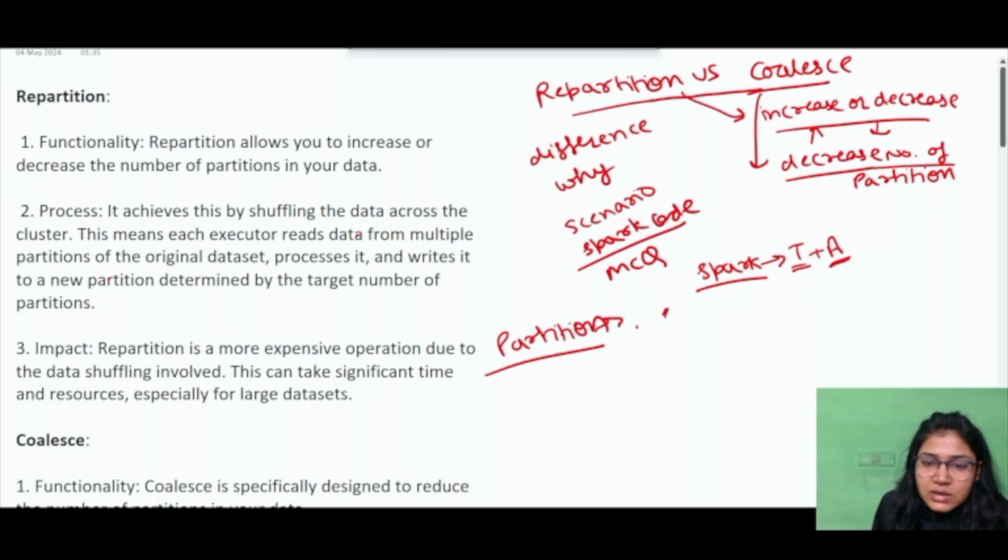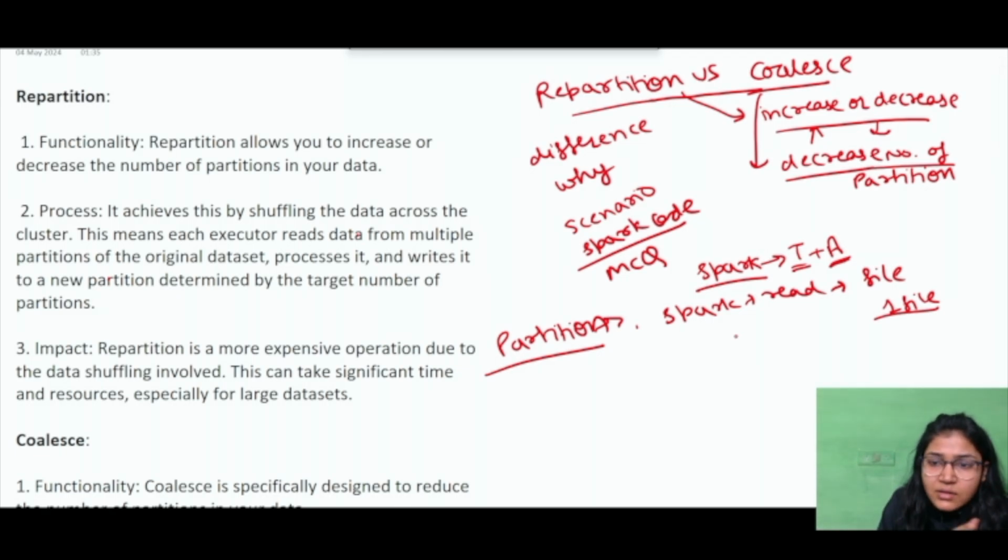Now, say you are using Spark and you are reading some file. This file can be present in an S3 bucket, local storage, anywhere, right? Say we have one file here which we are reading, and it is of a large size. Instead of one machine executing this one file, what would happen? Spark runs on a distributed cluster, right?